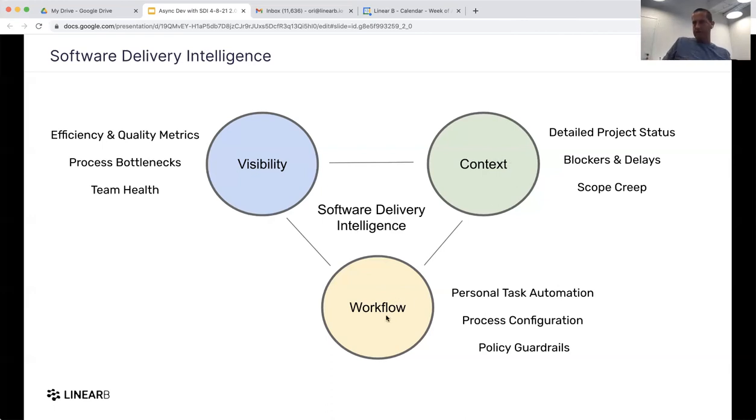And workflow is even better because you can set up a policy that says, hey, every time we identify a branch that we don't know what it relates to, we can send a message very quietly to the developer and say, hey, can you help us? Or even better, do you want the system to help you correlate it with a ticket or open a new ticket that will explain where it belongs?